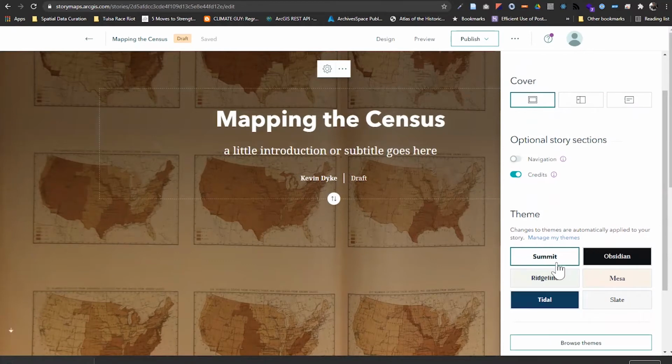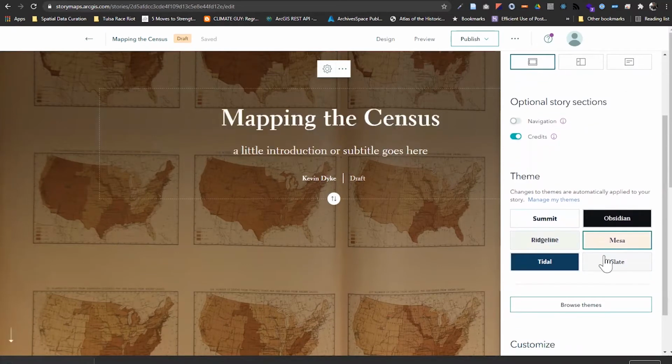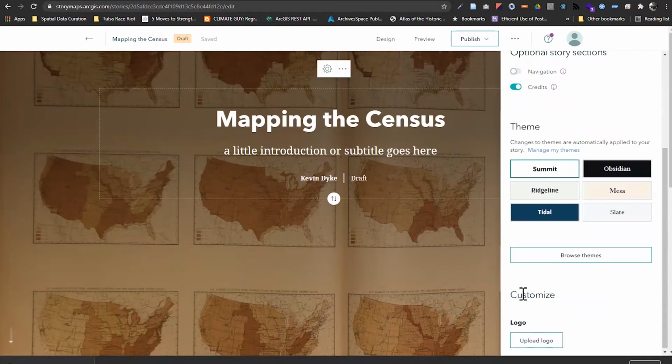And you can see down here under design, not only can you adjust the cover layout, but you can change the theme. So there's 6 sort of baked in options. I'm going to leave it at Summit, which is the default. But you can see here, there's an option that says manage my themes. And this is a fairly recent addition to the software. It lets you build your own theme. So you can choose your own colors, pick between a few different fonts, and really kind of customize what you are going to